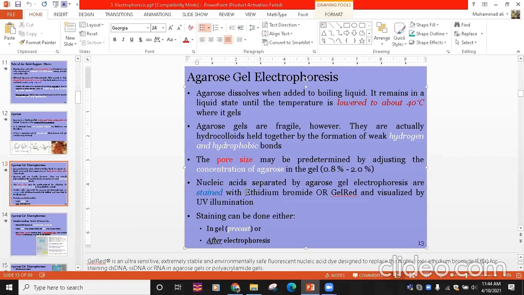So, आवाज आ रही मेरी? जी सर आ रही है। यस सर आ रही है।